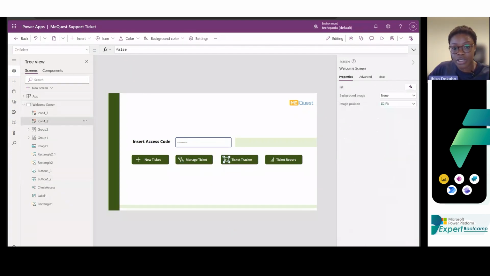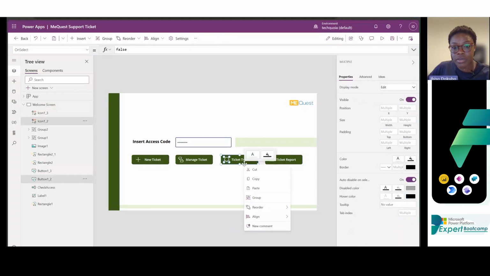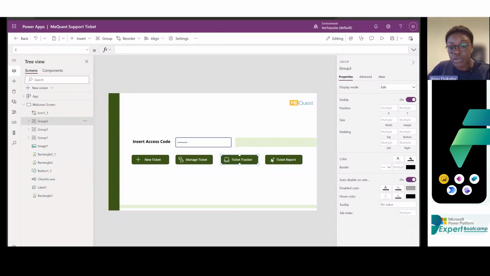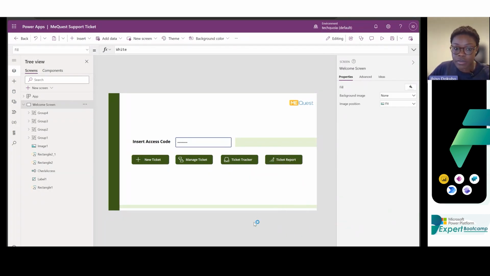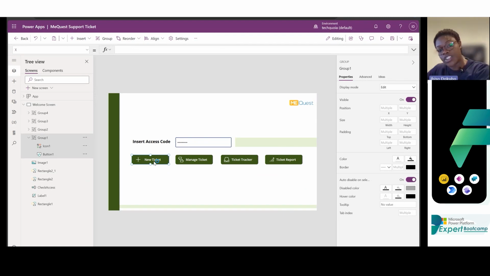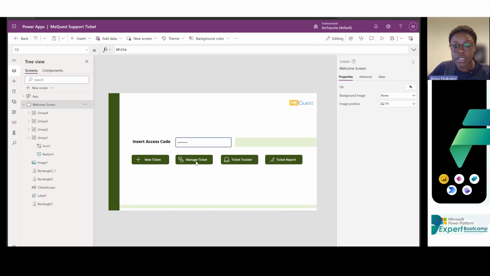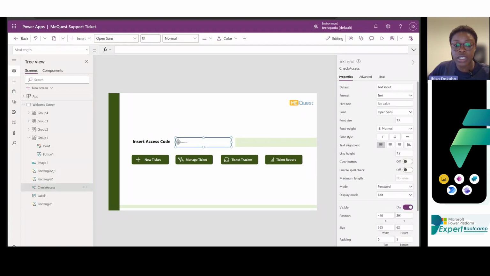Sorry, I've gone to press my database something. Say I'm grouping, and this is it. The next thing I'm going to do is navigate these to different screens before I lock them. So what I'll do is I'm going to say